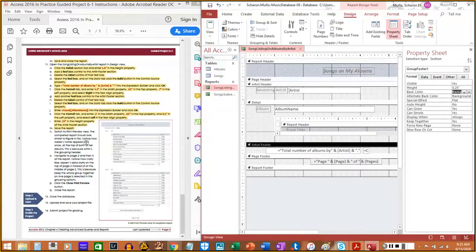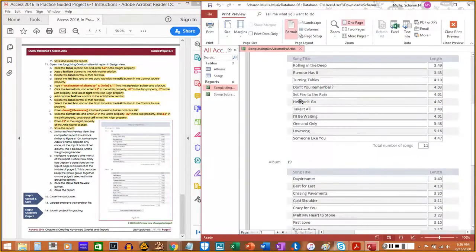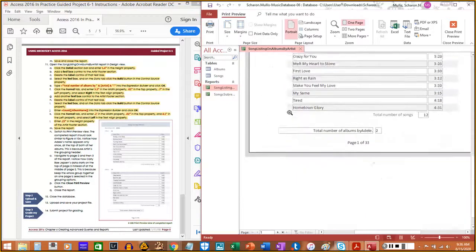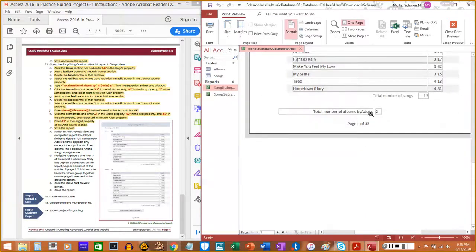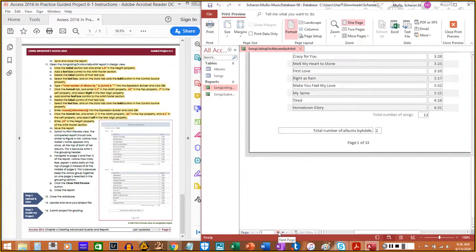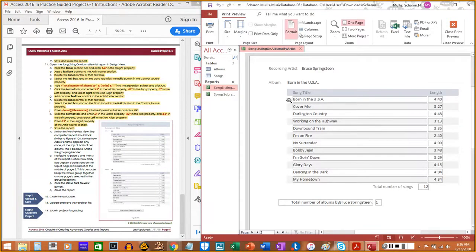Notice how Adele's name appears only once at the top of both of her albums. This is because artist is the group heading. So I'm going to select print preview, and we see Adele. She has 2 albums. Total number of albums by Adele, 2. I think I need to put a space between that. So that's page 1. If I could page over to the next page, and this is Born in the USA